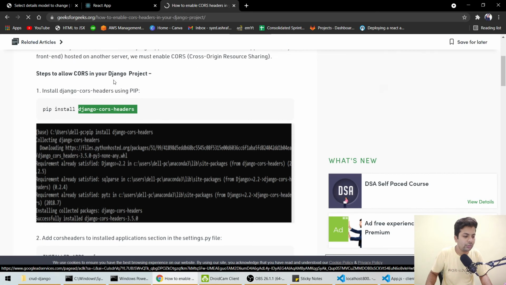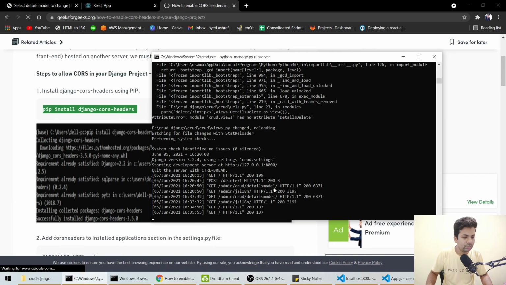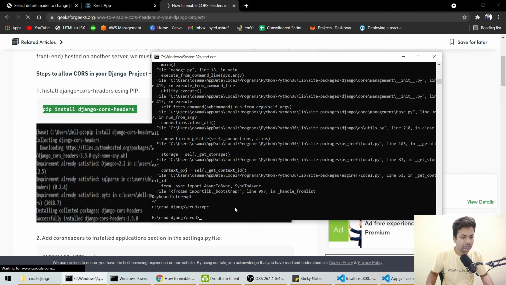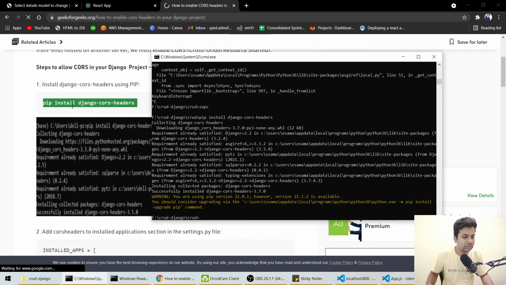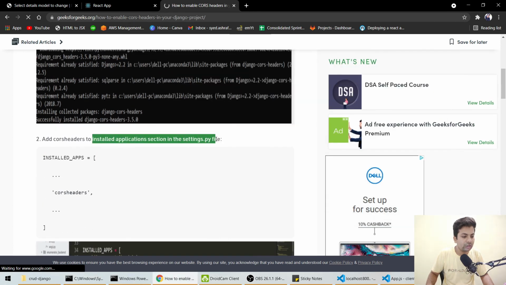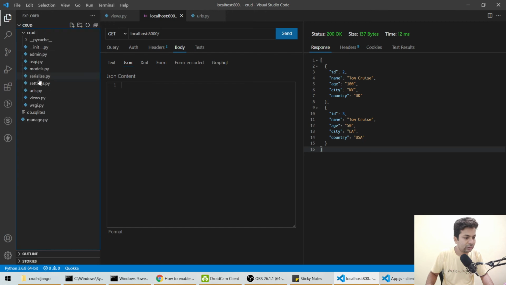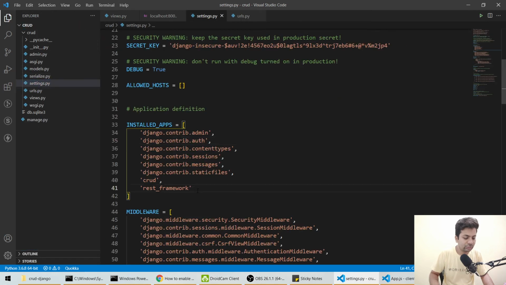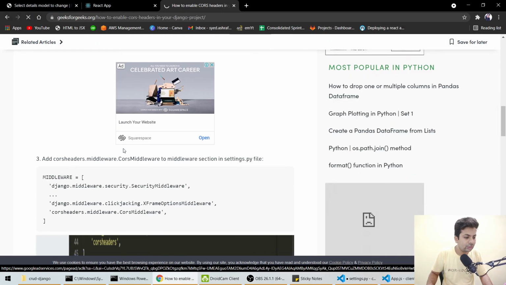Okay, now what we have to do is pre-written, so I thought it would be better for you. We have to install this. We'll go to the server, stop the server and install django-cors-headers. Now it's showing we have to go to settings.py, INSTALLED_APPS, and add corsheaders.